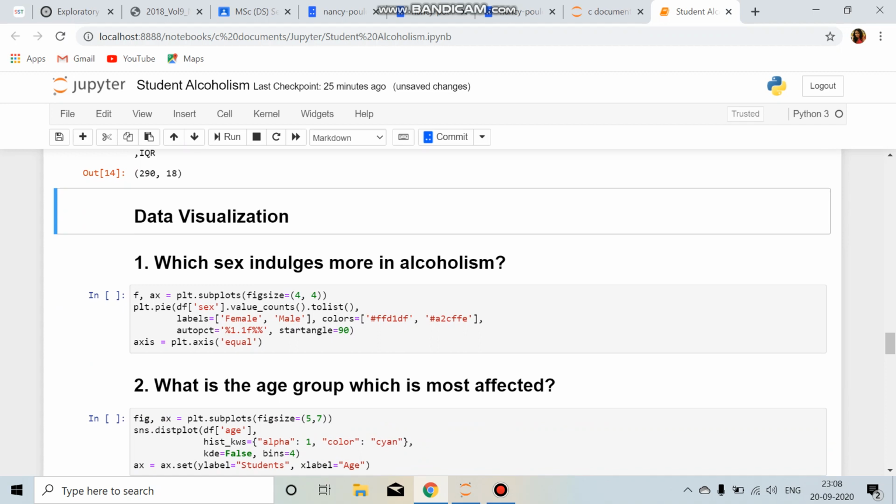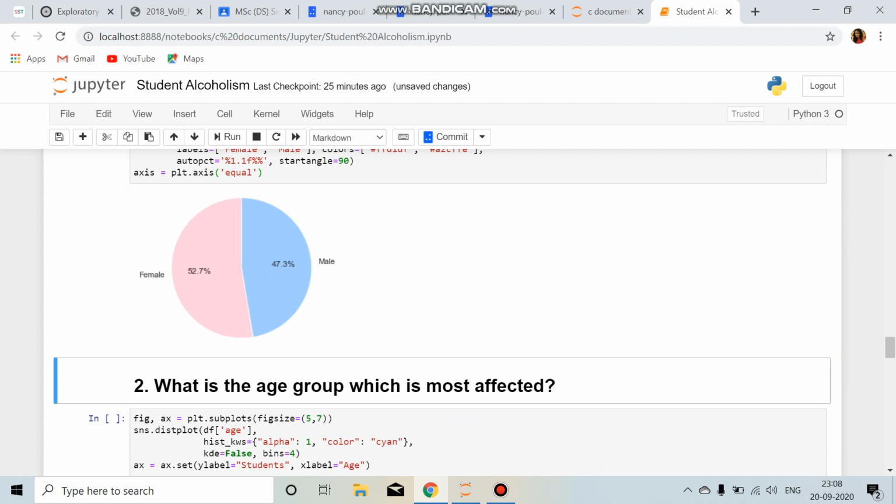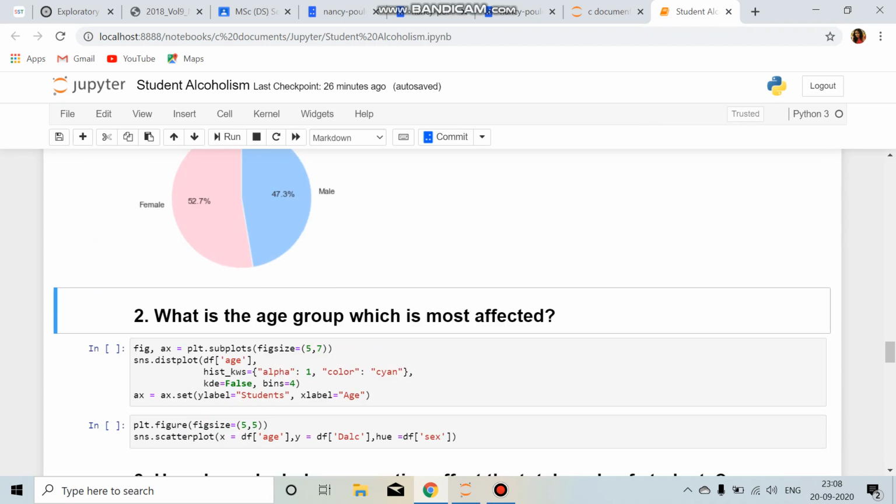This is a very relevant question. So I am going to plot a pie graph over here. As you can see, the percentage of female students is slightly more than the male students. So we can say that female students indulge more in alcoholism than male students.